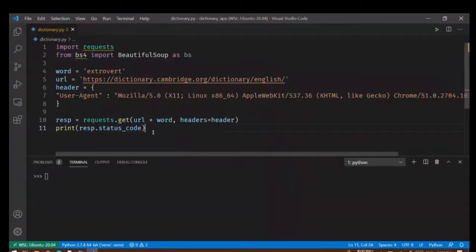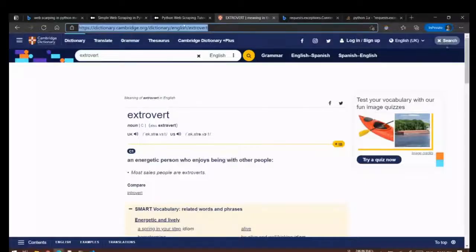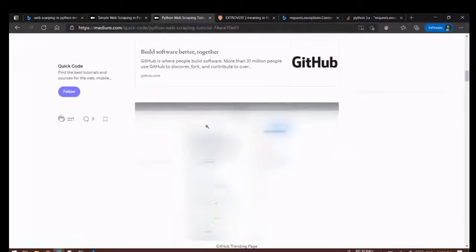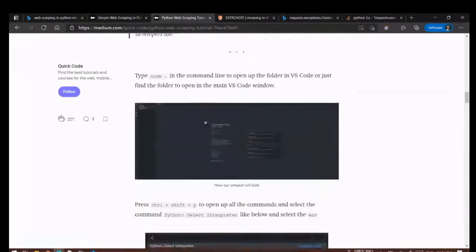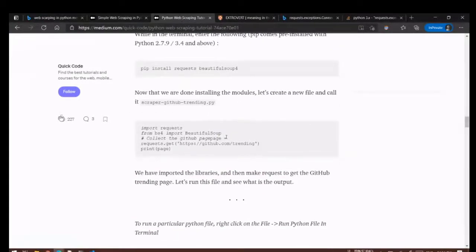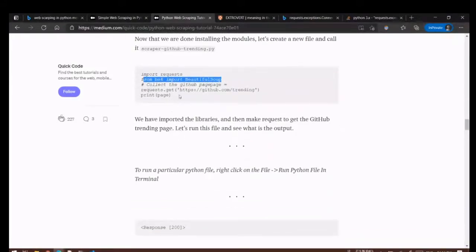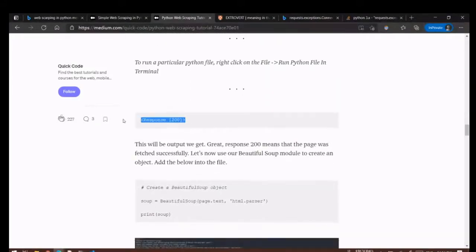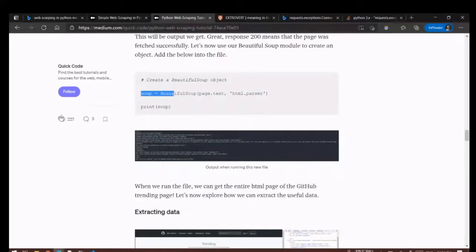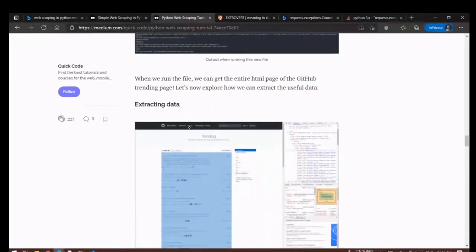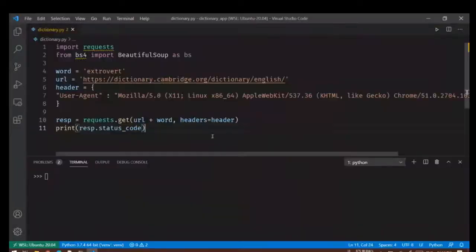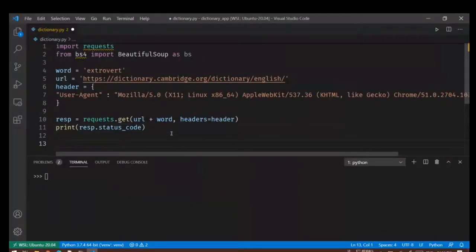Great. So we have installed it, we have imported it, we got the page, yes, we got 200. Next is to create a soup object from it, and then we'll print the soup object. This is pretty easy.